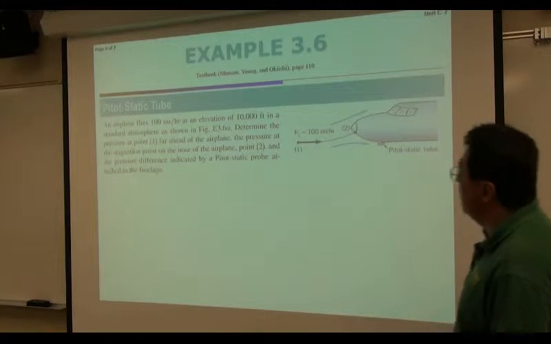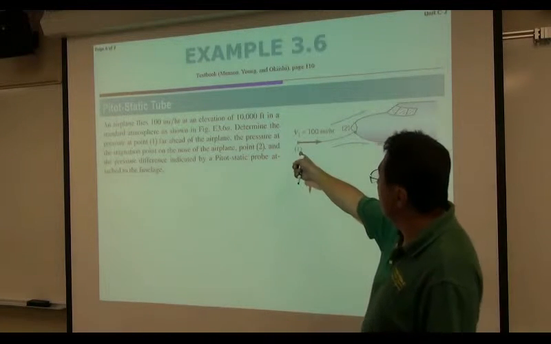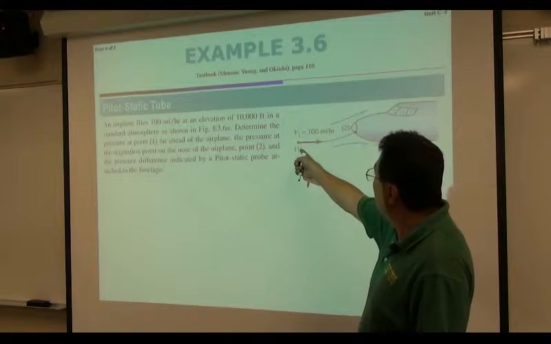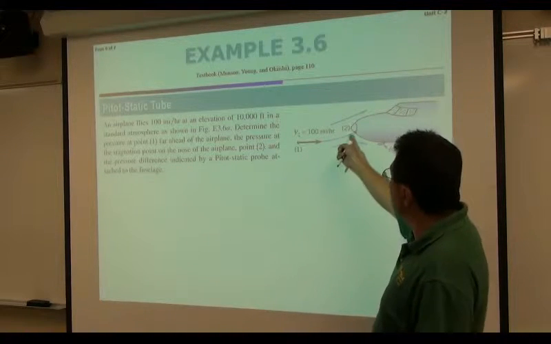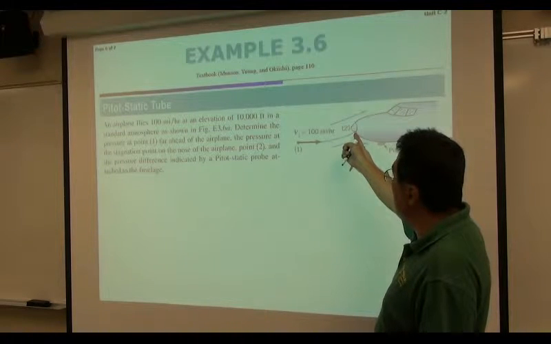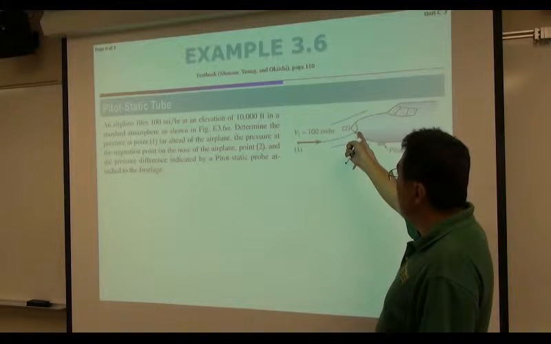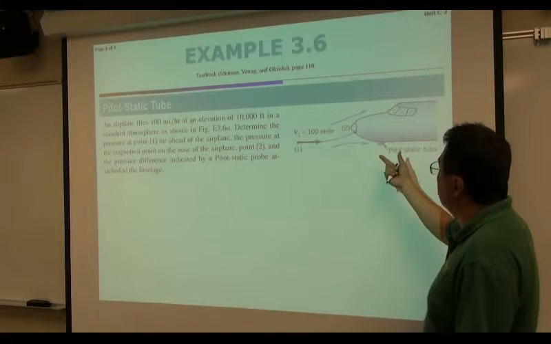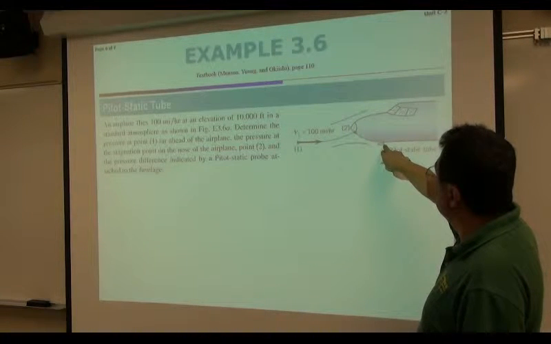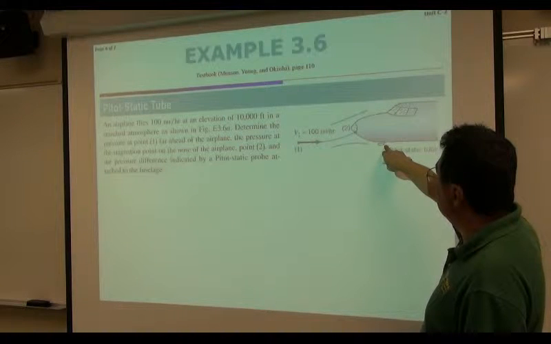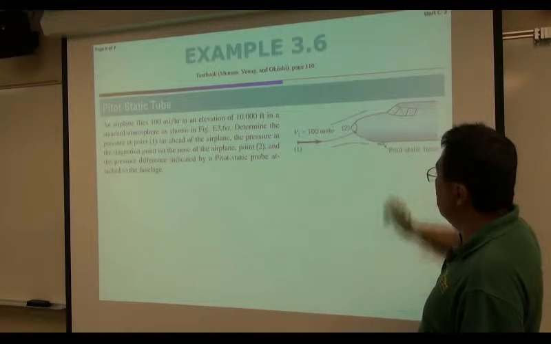Let's determine the pressure at point 1, which is far ahead of the airplane. Okay. The pressure at the stagnation point on the nose of the airplane, point 2. And the pressure difference, if this airplane is equipped with a pitot-static probe, indicated or sensed by this probe,